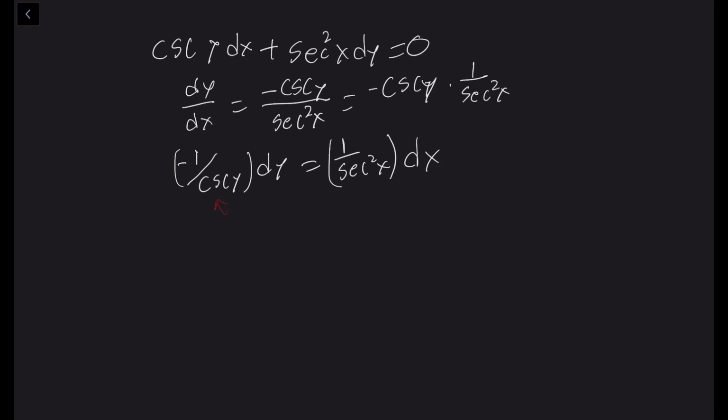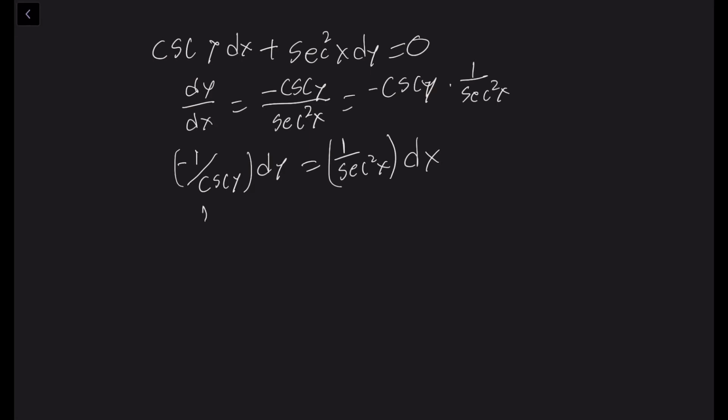And we're able to do this because cosecant y does not equal 0. And we can prove this below. Cosecant y, we know from one of our laws for the sine and cosine operations, is 1 over sine of y equals cosecant of y. And 1 over sine does not equal 0. Alright, so now since we proved that all of this can be done properly like that,